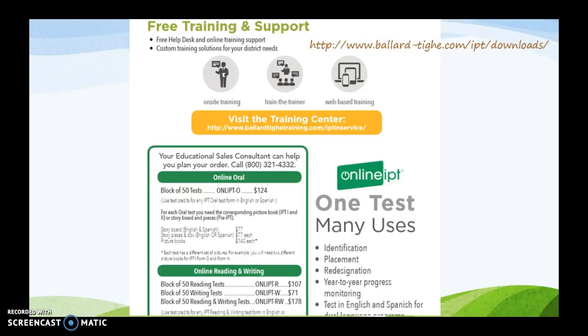So a block of 50 reading tests costs 107, a block of writing tests costs 171, and a block of reading and writing tests costs 178. So yeah, overall,